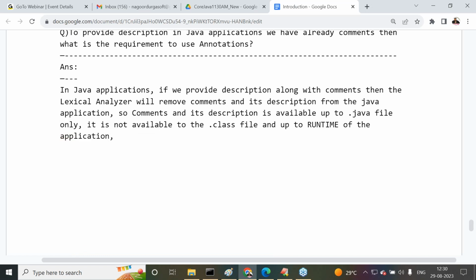Sir, will I forget my point or not? So comments and description is available up to the .java file only. It is not available to the .class file and up to runtime of our application. But I have a separate requirement. What is my requirement here? All of you have to listen carefully. As per the application requirements, like